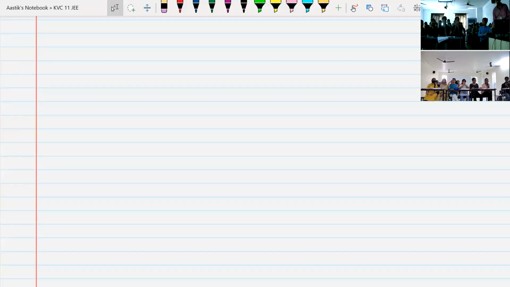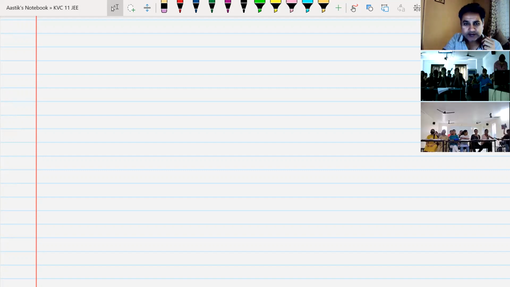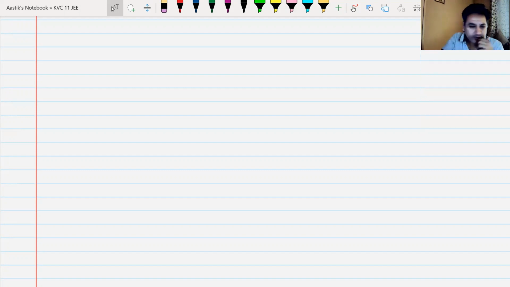Can you see this better? Can you see my screen? Okay, I will keep my camera off because the light has gone. Okay, now I can switch on the camera, not a problem. Okay, I'll keep the camera like this. Okay, I'll keep it switched off. So now,